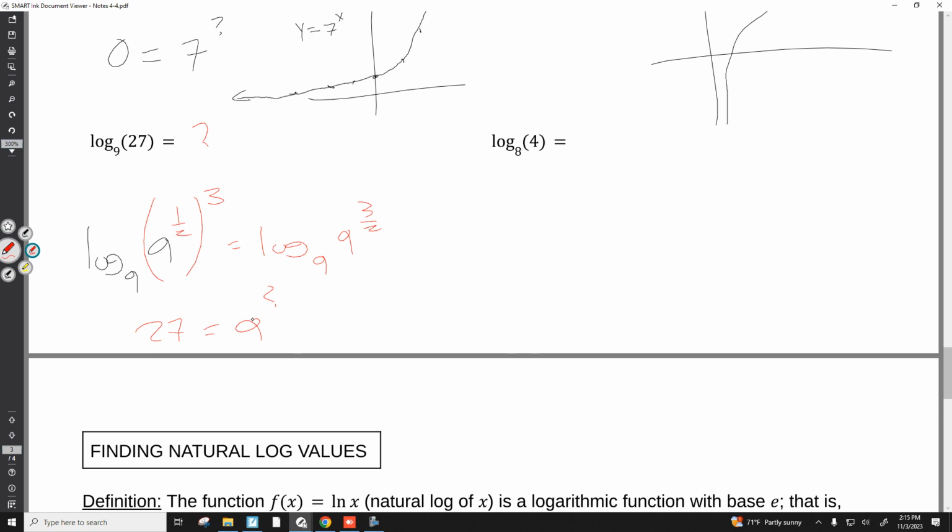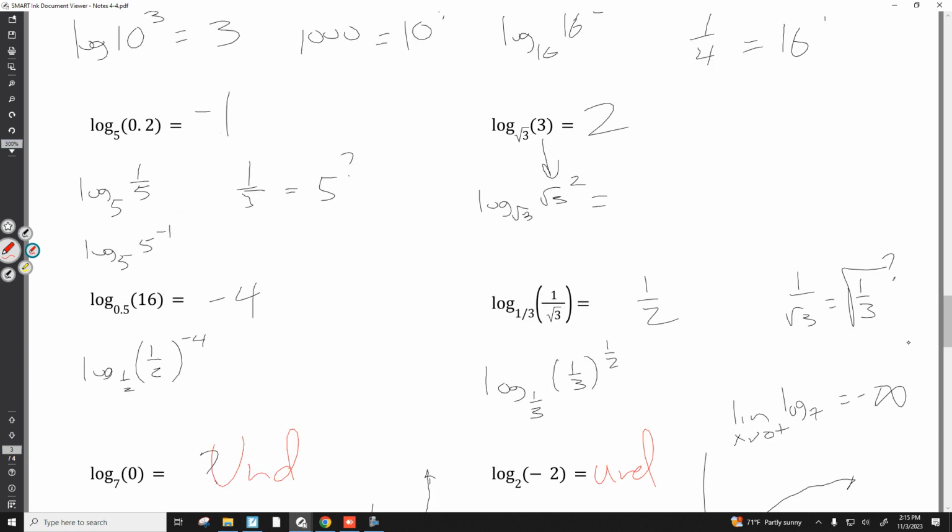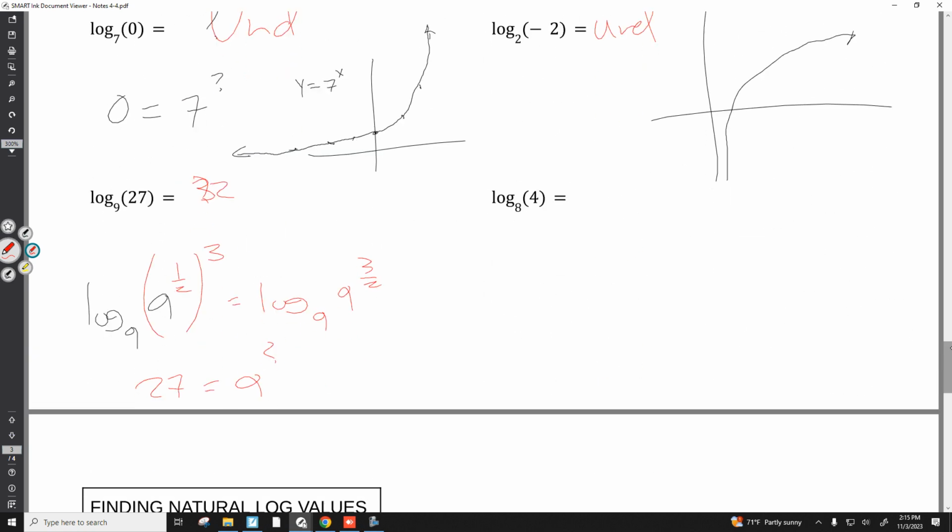Try getting it down to its simplest root and then taking that root to a power. So it's like I square root 9 and then cube it. So 3/2 power. Now I'll let you know a little secret. Next class, we will learn a different way to evaluate this. Very easily, we will be able to take the log base 3 of 27 divided by the log base 3 of 9. It's called change of bases. I can turn it into base 3